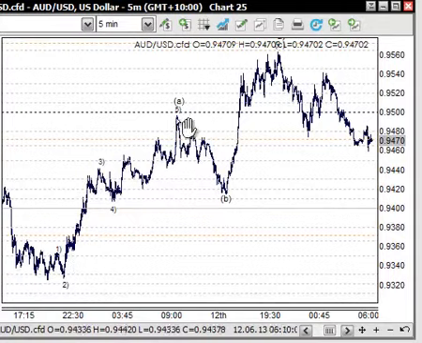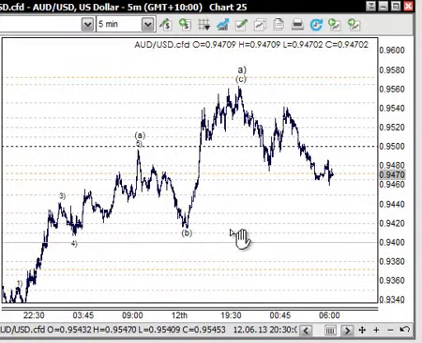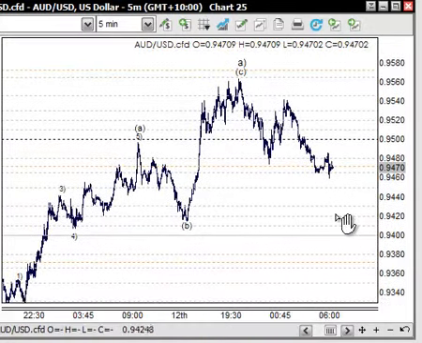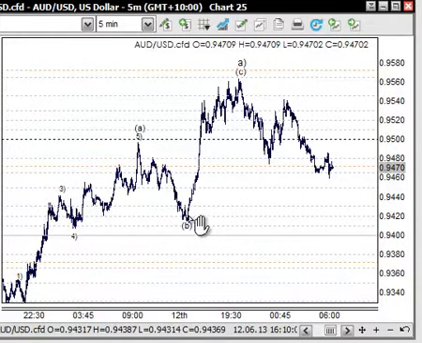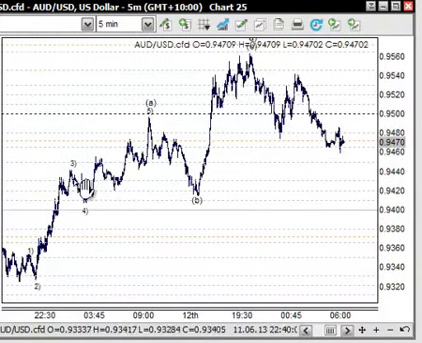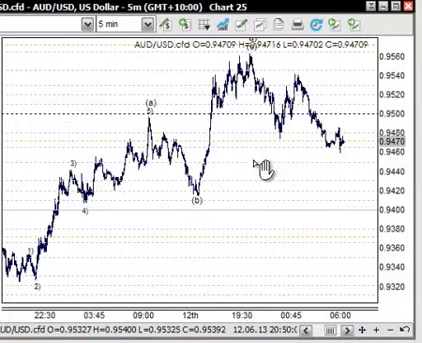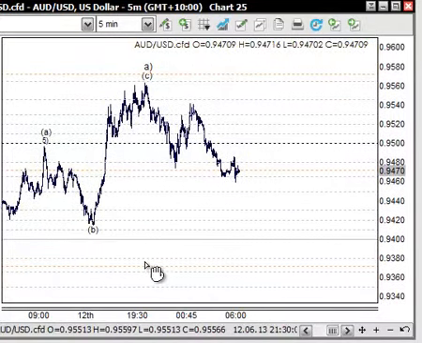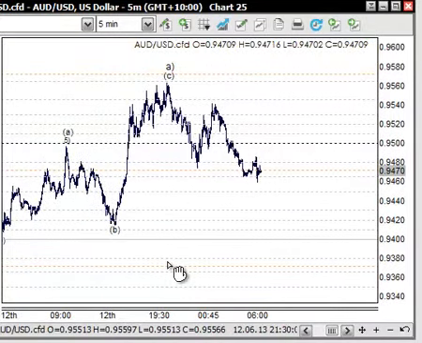So I've labelled it as an A and a B and a C. That's a bit premature, but if this market moves down through here and takes out this low at the 94.20 area, then that will confirm this being an A and a B and a C wave at that stage, okay? But don't get lost on that, because at the moment, the move up is a move up,